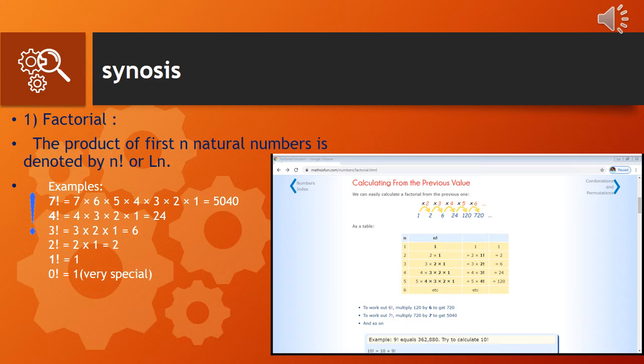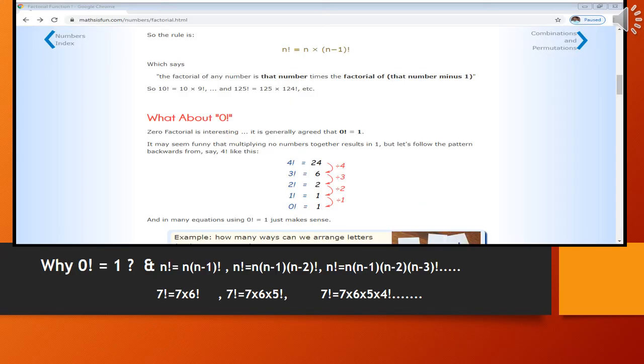Similarly, you can work out the factorial of some other numbers like 7 factorial, 8 factorial, 9 factorial and 10 factorial. In your scientific calculator also, you can find the factorial tab, and by using that tab you can compute the factorial of any number. Hence from the above, n factorial can be written as n into n minus 1 factorial, and this n minus 1 factorial can be written as n minus 1 into n minus 2 factorial. Like that it will go on.